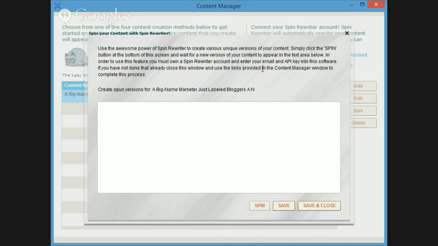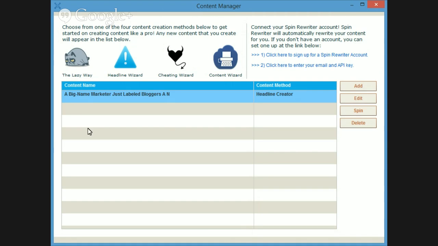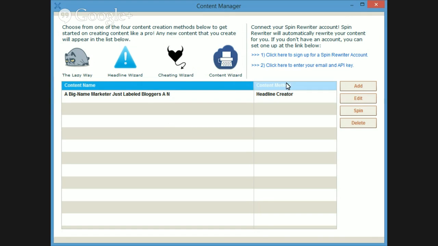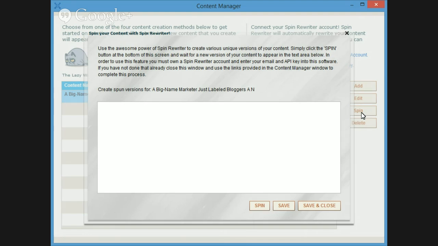Now, I haven't read the directions on this software yet, so I might have some issues with this. Let's see. Okay, well that didn't work. I think it's not supposed to work with the headlines, maybe. I don't know. Let me see. I'm going to copy this text. Okay, and then I'll save it. Exit out of there, and then again we'll go to the spin.